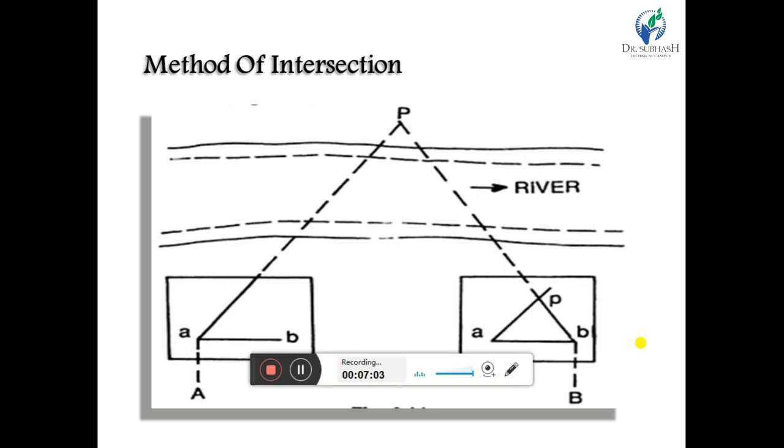After marking of points A and B, we have to move to our point B and place the table, orient and level it at point B. After the leveling procedure, we have to orient the plane table about A. For the orientation procedure, we are adopting the back sighting orientation.